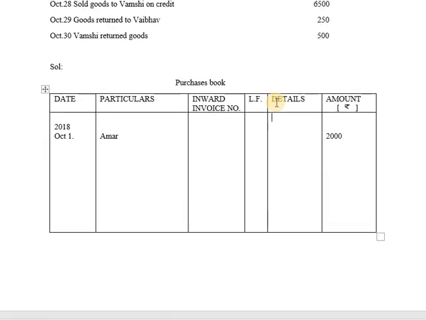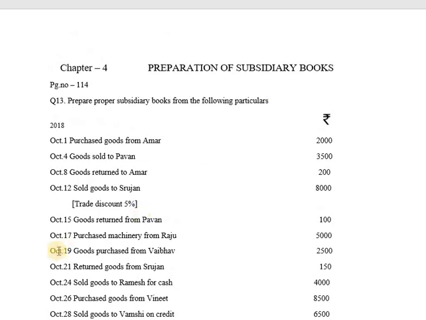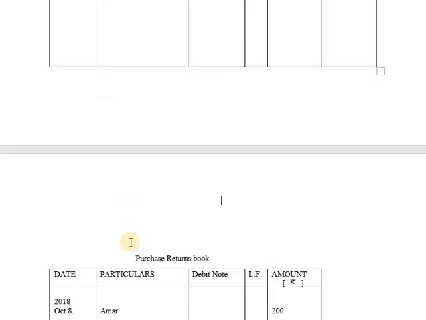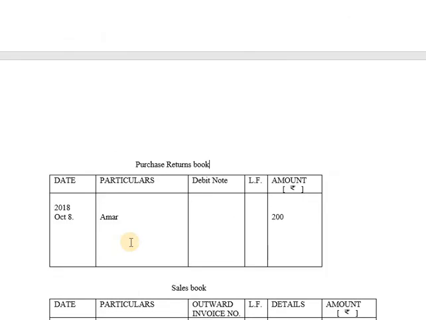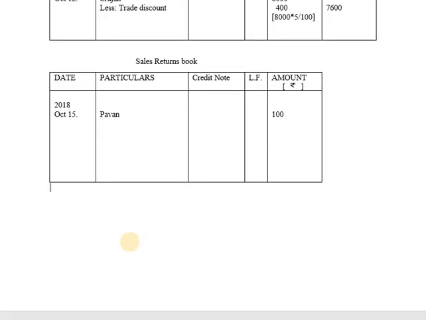Next, after October 15, we have a transaction on October 17. Purchased machinery from Raju. It is a credit transaction, but instead of purchasing goods, it is given as purchased machinery. So it is a transaction related to purchase of asset. Hence it is not recorded in purchases book. So for this transaction, we will be writing a note as October 17th. So the transaction is done on October 17th. So we will be writing a note for the transaction as transaction dated